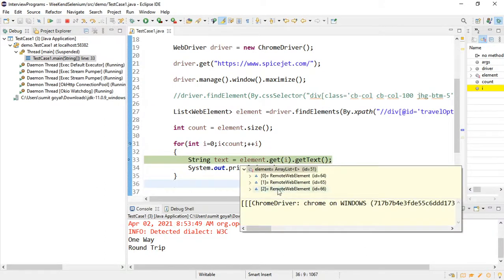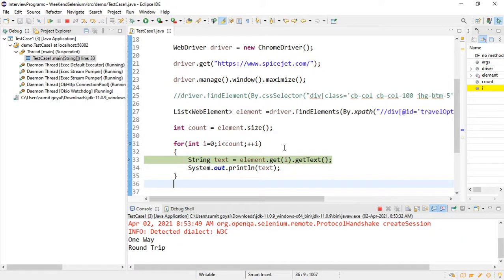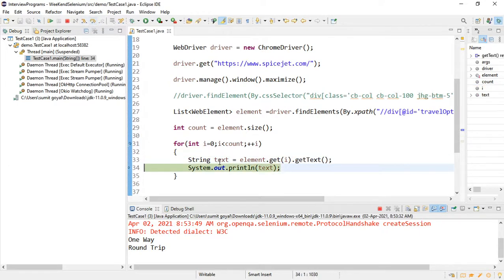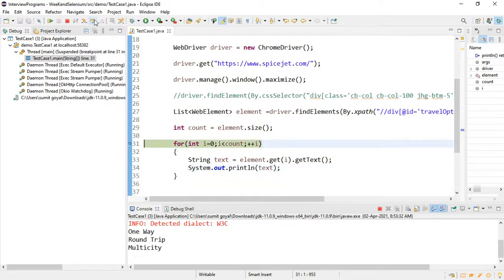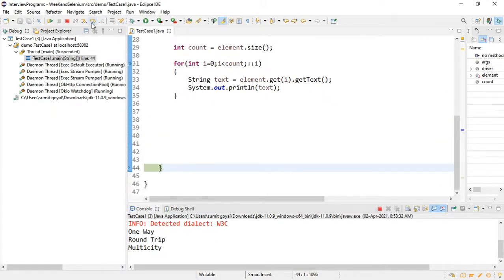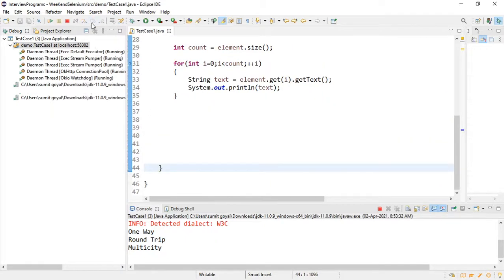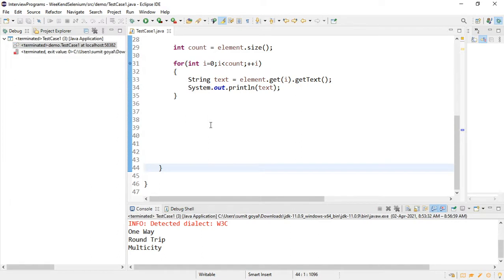So it will give this web element at index number 2, and after that I am saying give me the text present for that web element. So what is the text? The text it will return is, I think, multicity, right? And after that I will print this, and after that i equals 3. So 3 is not less than 3, condition false, we will come out of the loop. So this is how we can print all the text present under some particular condition.